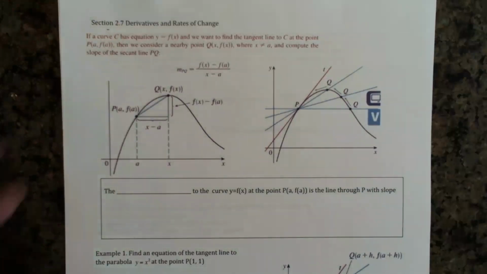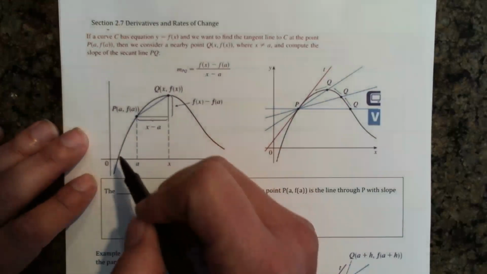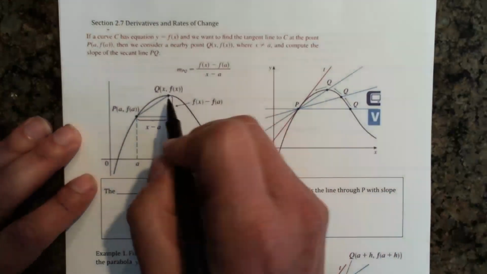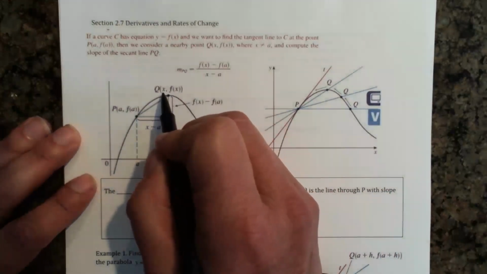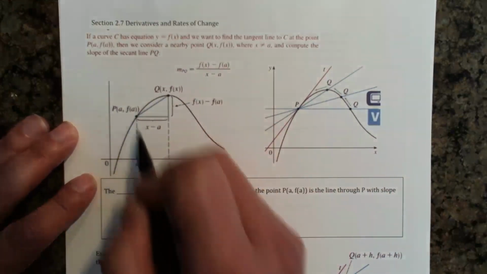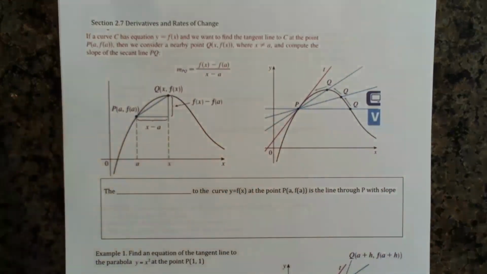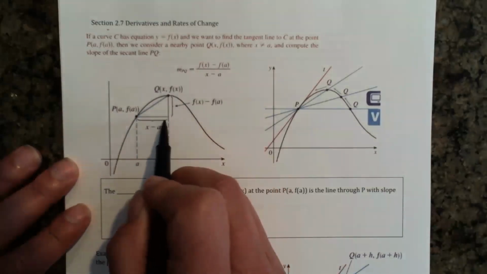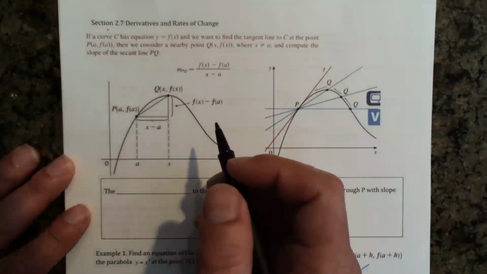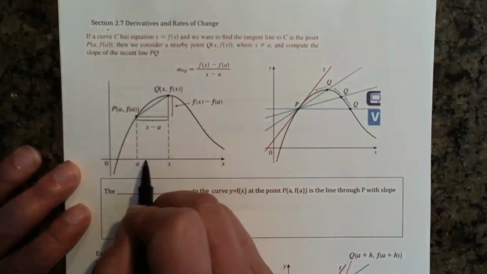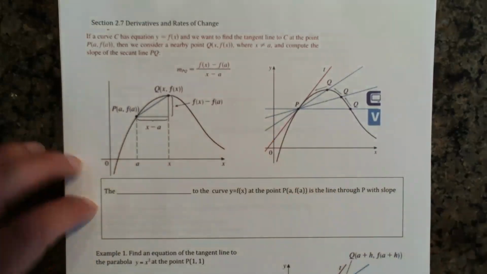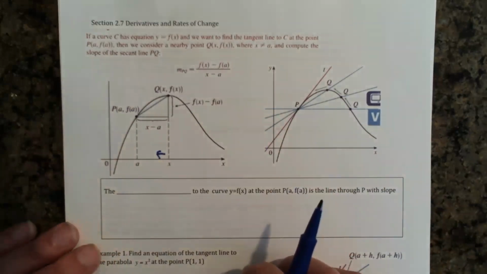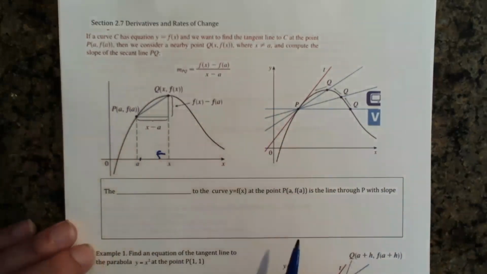And the easiest way to explain this is we have some generic curve f of x. And what's happening is we have a generic point, x is x and y is f of x. And we have a specific point, a. What we want to do is find, you see this line here? We want this difference to become zero, basically, to be as tiny as possible. So this distance here, we're going to be heading this way. We're going to shove x that way until we get as close as we can so that that difference is